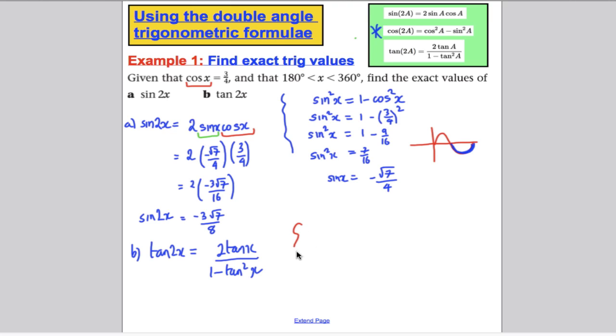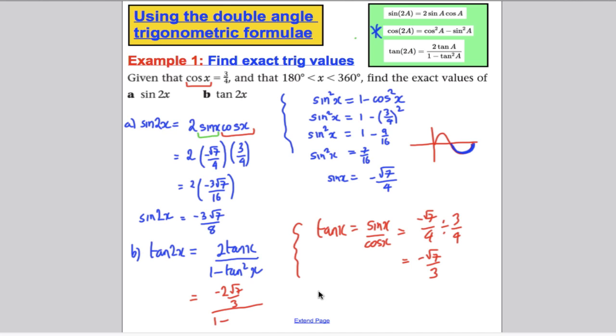We don't know what tan x is currently, but we know that tan x is equal to sine x over cos x. Okay, sine x over cos x, which in this case would be equal to, well, we know sine x is negative root 7 over 4 divided by cos x, which is 3 over 4. So we would get that as negative root 7 over 3. And so substituting in here, we would therefore get this is equal to negative 2 root 7 over 3, okay,